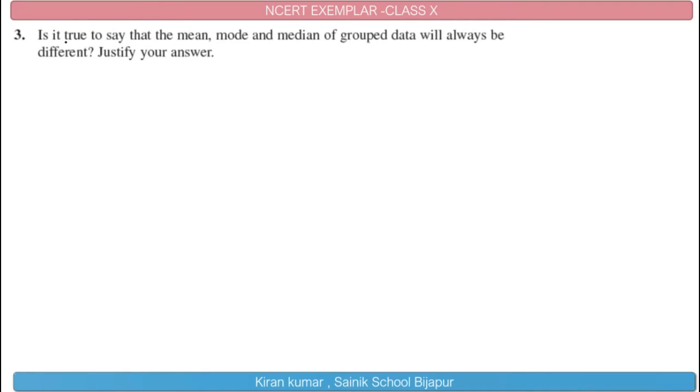Question 3. Is it true to say that the mean, mode and median of grouped data will always be different? Just justify your answer. Mean, median and the mode may be equal if the number of observations are odd and are equispaced. If they are equispaced and if an odd number of observations are there, then we can have all the three equal. So let me mention that answer: not always,